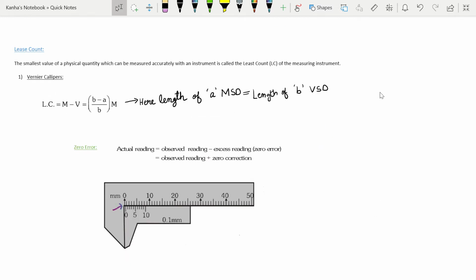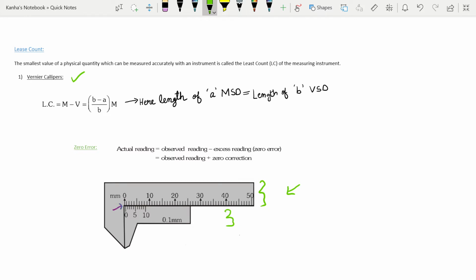Let's revisit least count. So the least count of an instrument is the smallest value of a physical quantity which can be measured accurately by the instrument. Okay, the least count will translate into absolute error in some situations, like we saw in the problems before. The two instruments that are frequently asked in the papers are vernier calipers and screw gauge. So I'll just quickly go through what a vernier caliper is. A vernier caliper looks like this. It has a main scale and it has a vernier scale.